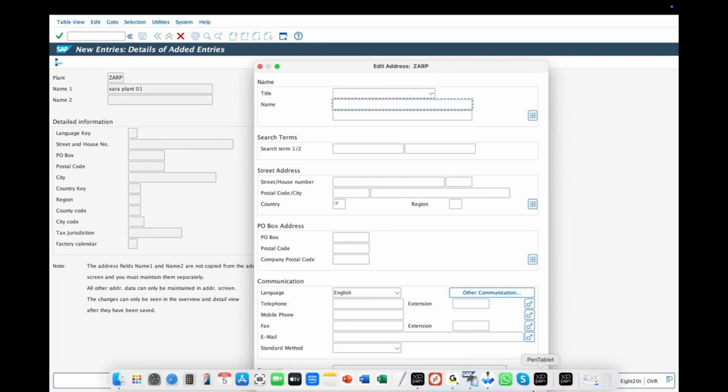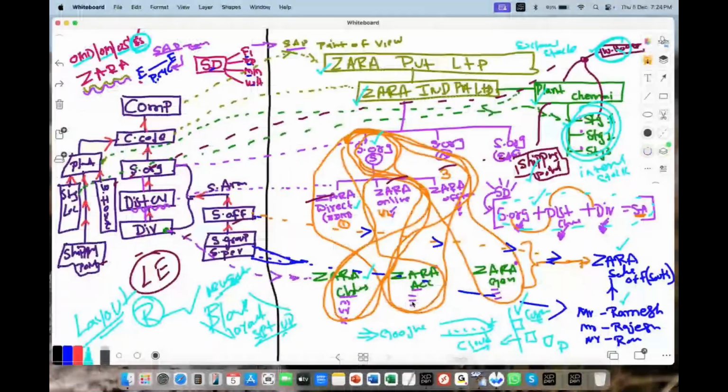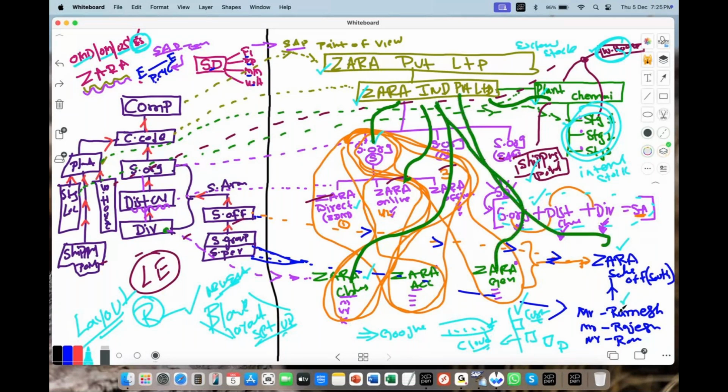Rest all, what you see: sales organization is for operating purpose, plant is for operating purpose, distributor is for operating purpose, division is for operating purpose, sales area is operating purpose, office is operating purpose, person is operating purpose. So these all lead to the operations of this financial infrastructure. So how are they independently identified? No. This is the logic behind why the title will not appear for other resources.